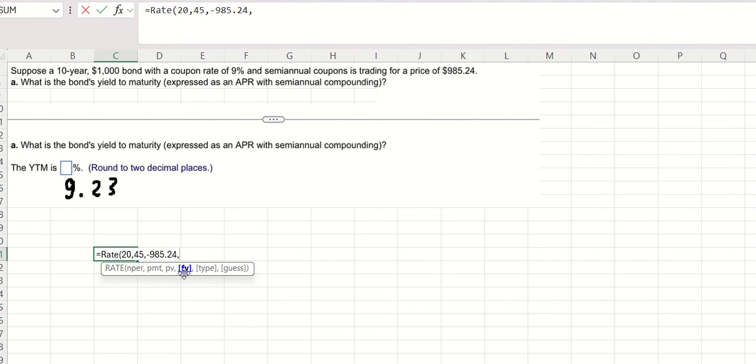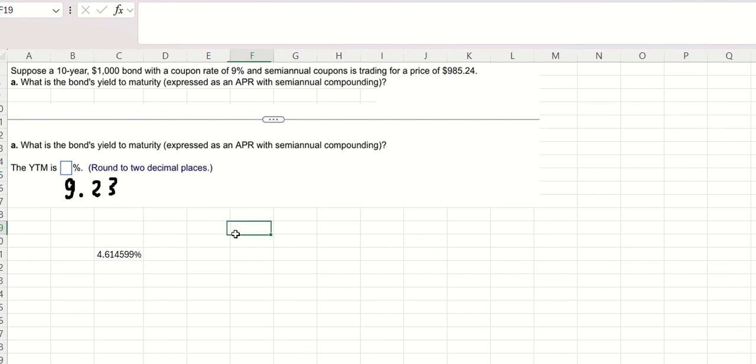And the future value is about the coupon, and that's the par value in here. We have 1,000. And this one you got about 5%. And we need to go to